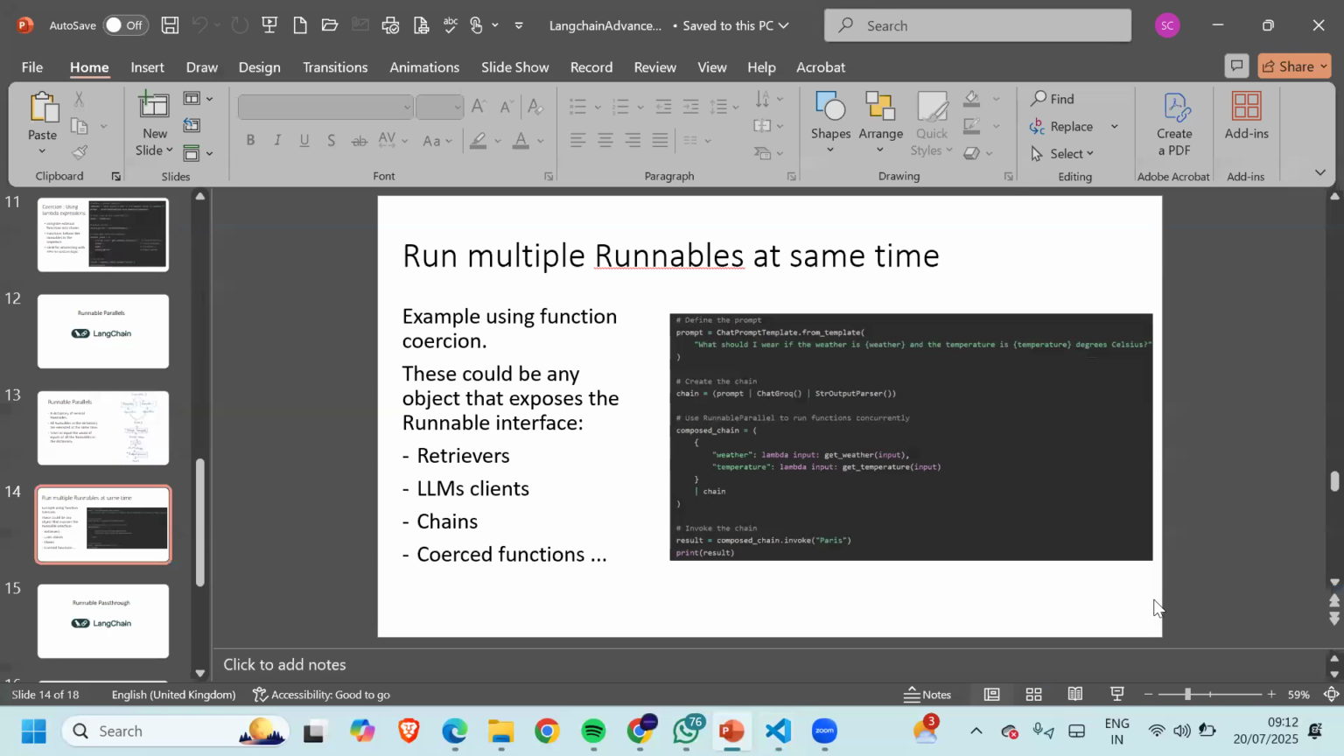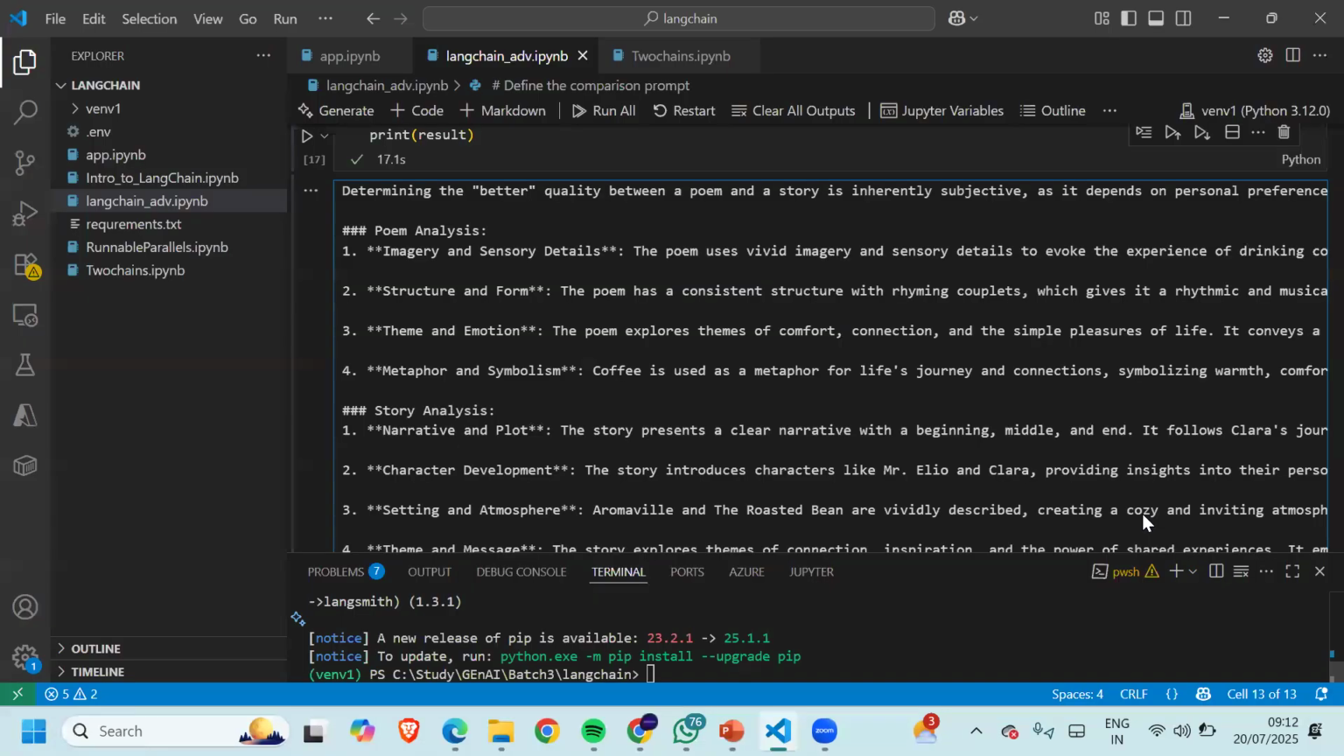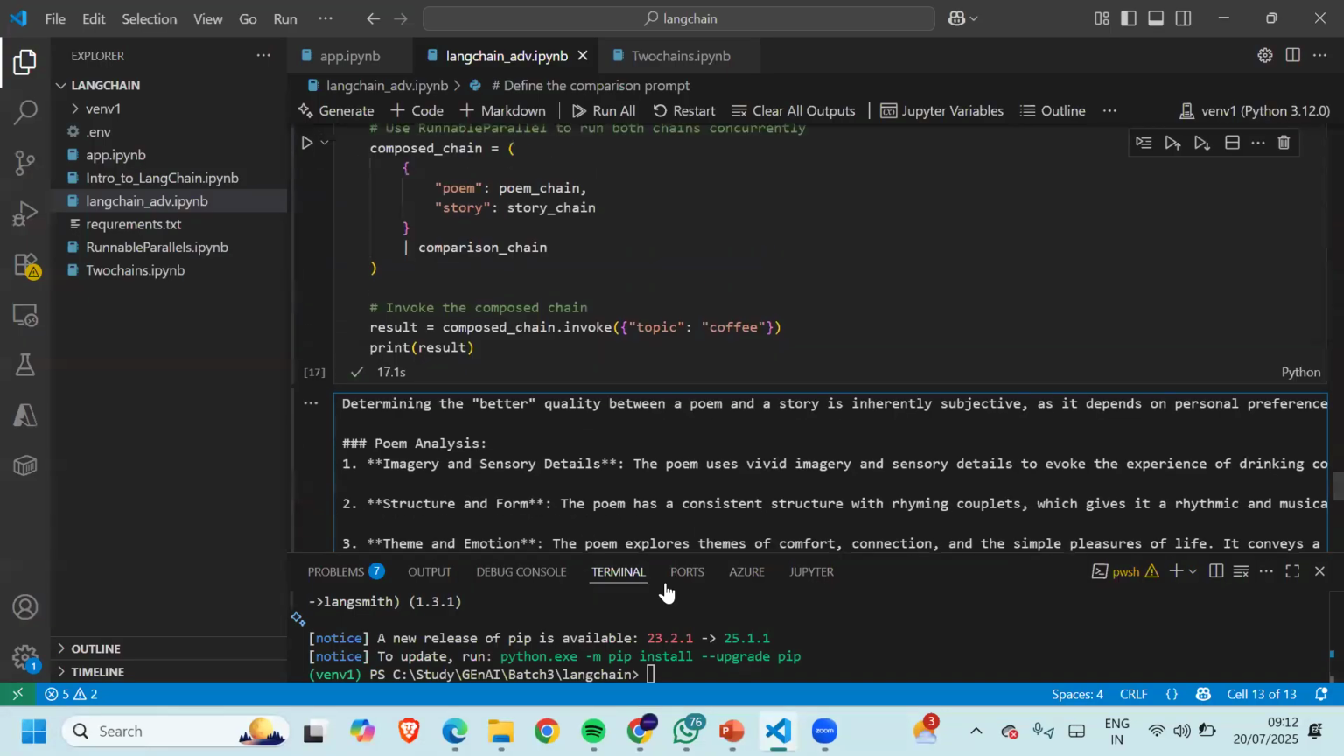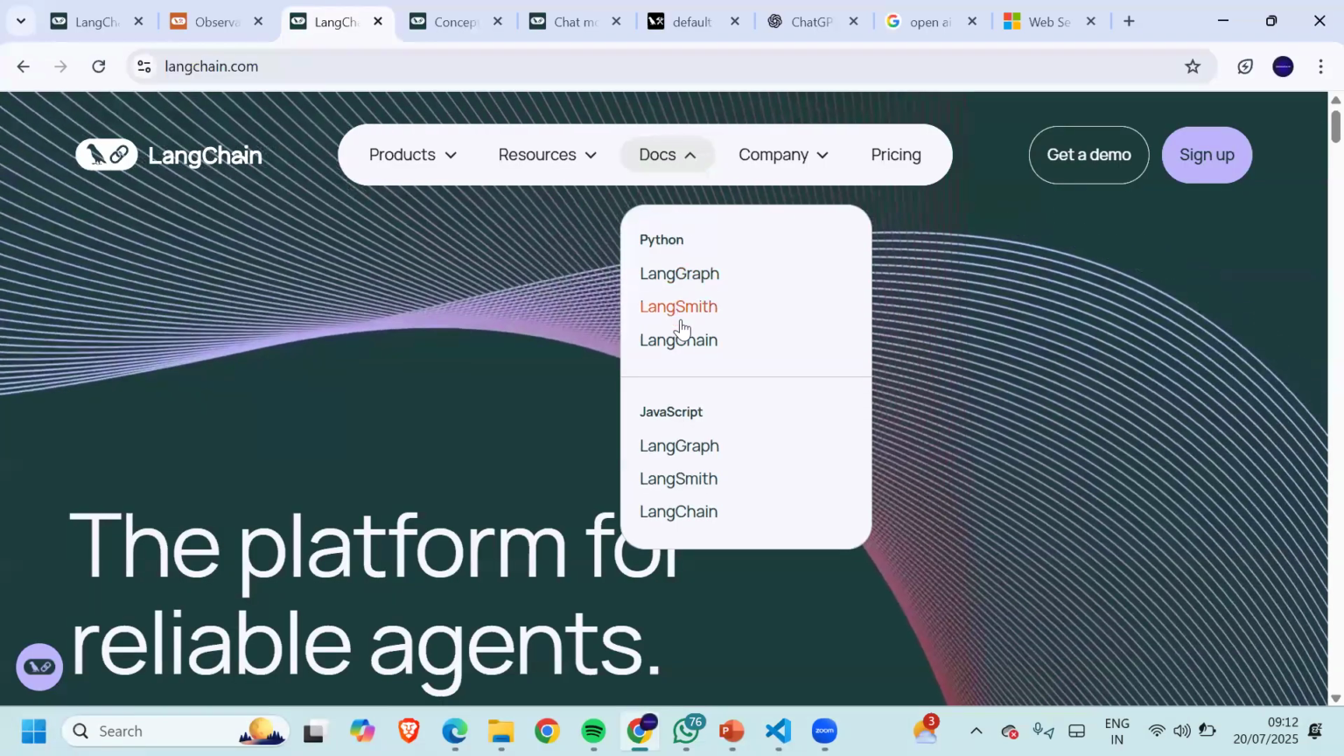So is the use of the dictionary to decide the sequence, like which chain or which attribute will be used first? No, it's not like that. The thing is, I showed you in the LangChain documentation. If I